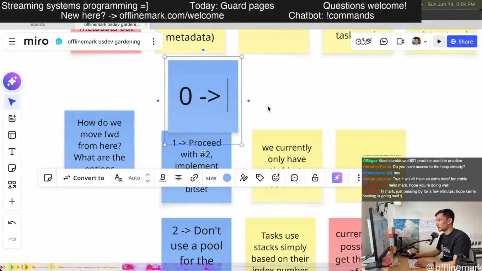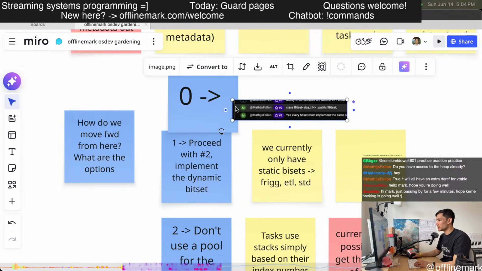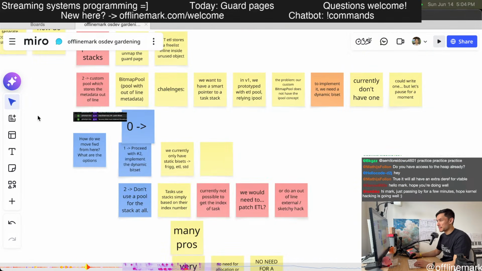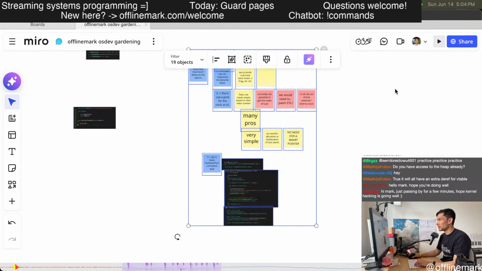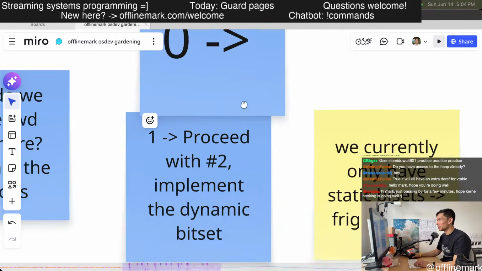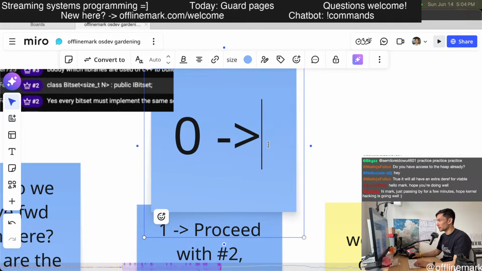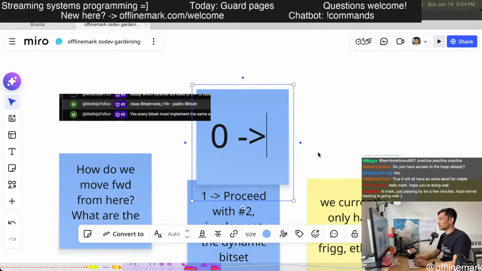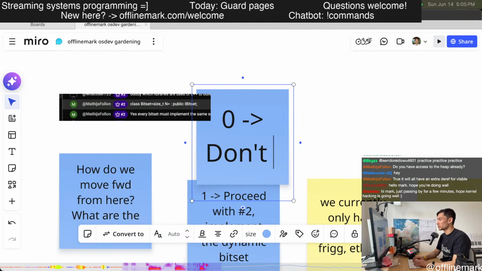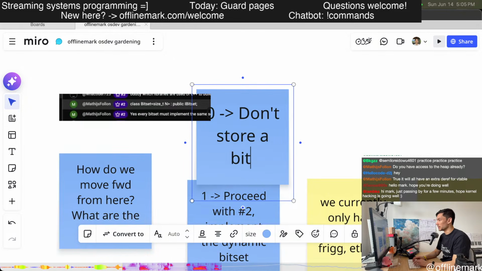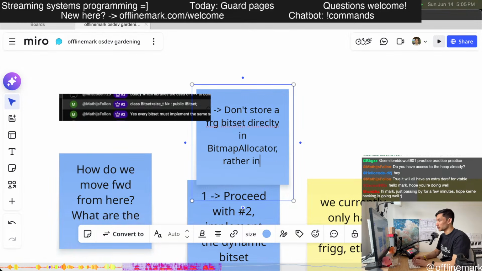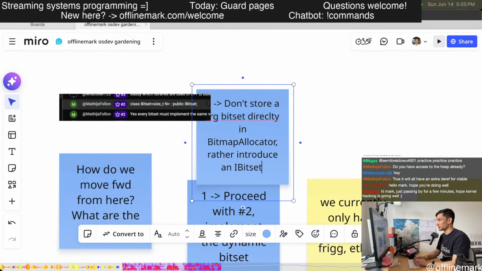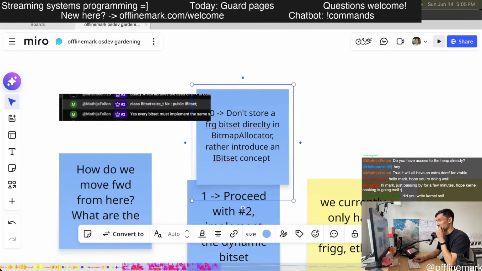So this is Matias's idea. Don't store a bit set directly in bitmap allocator, rather introduce an IBitSet concept.